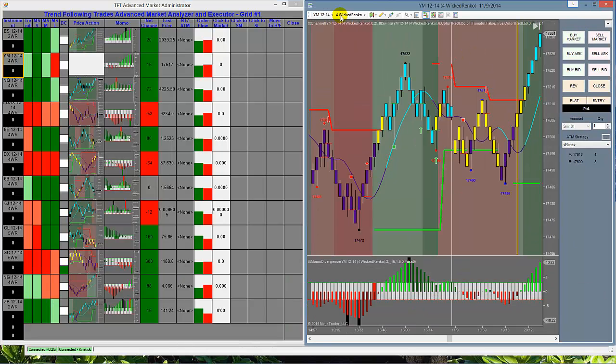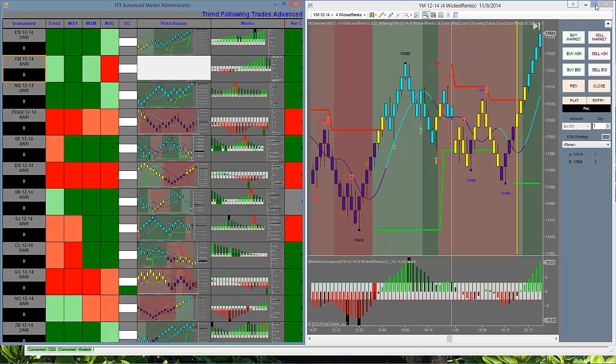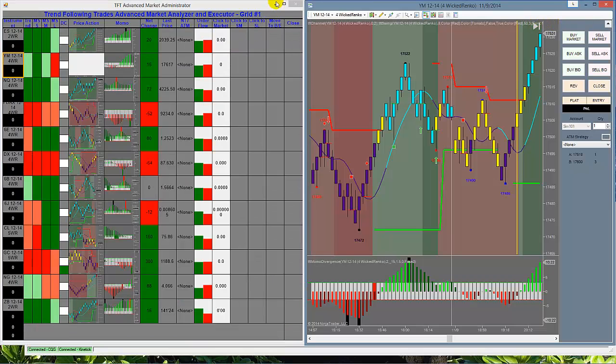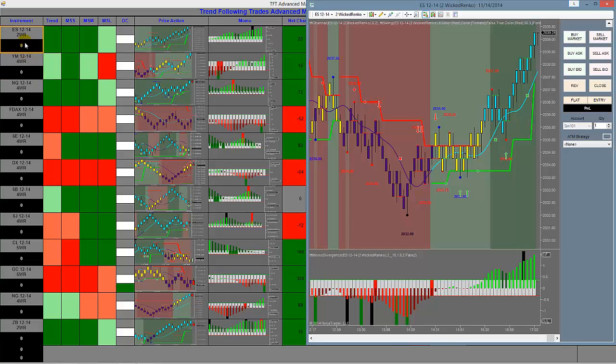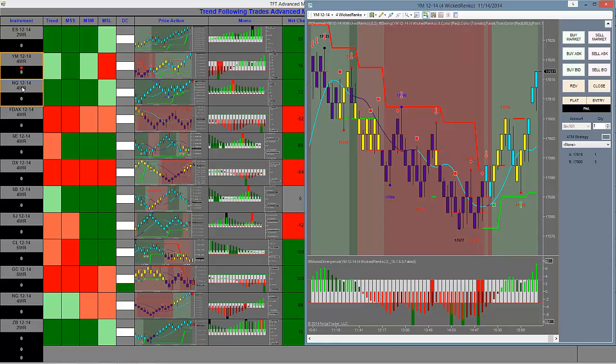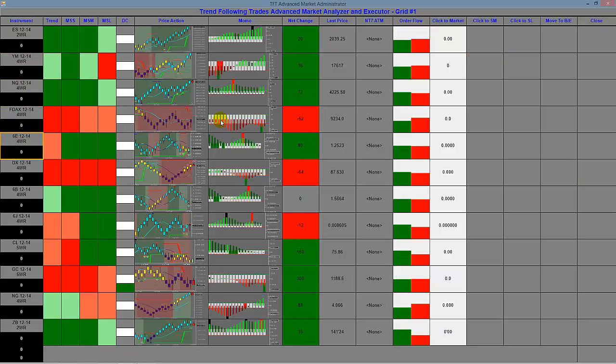It's this right here. Let me maximize it, and let me just move this over to the right. Here it is, folks. This is 12 markets for the futures at a time. This happens to be a grid on a full size. It contains the market on the left-hand side here. All you have to do is click on this cell. It'll bring up the market on any other monitor you have, or on this monitor to split it if you